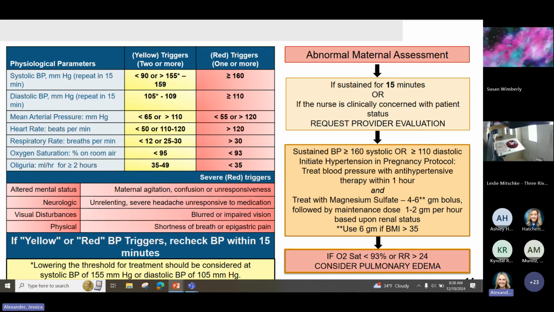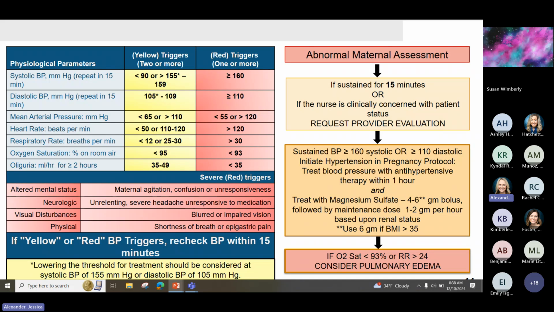This slide you can actually get a copy of if you like, if you go to their website. I think it's very valuable. Looking at different triggers regarding blood pressures, which you can see in the left upper box. Severe triggers, those should actually be